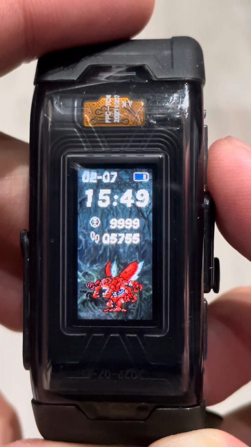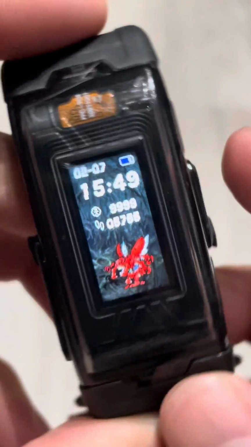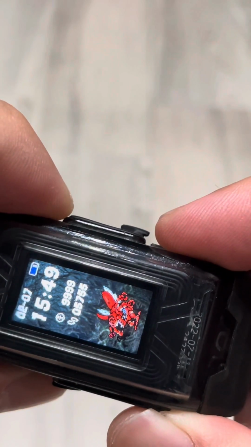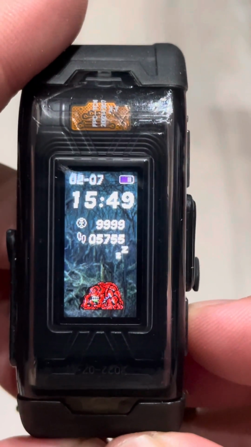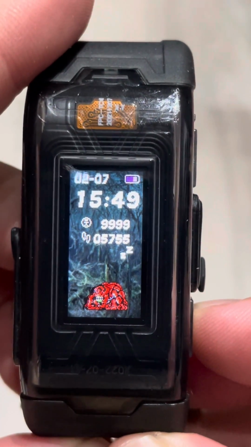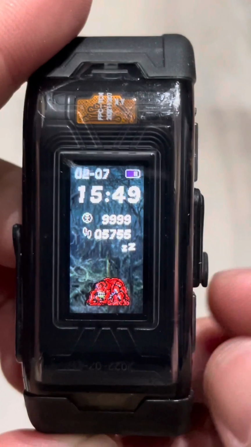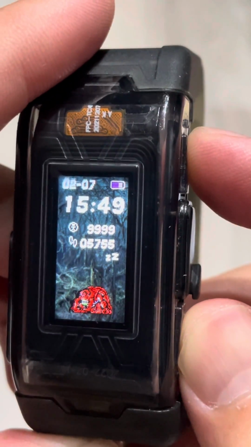Alright. And then we have, aside from walking, it looks so good. It's so detailed. It's very, very detailed. I like how the top of the head is very clearly marked out. Exactly like how it looks in the art book. This is sleeping animation. It looks less menacing and intimidating when it's asleep.